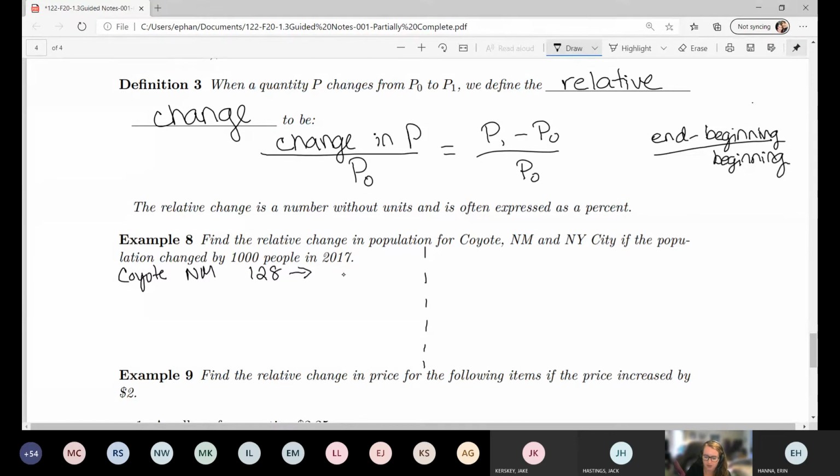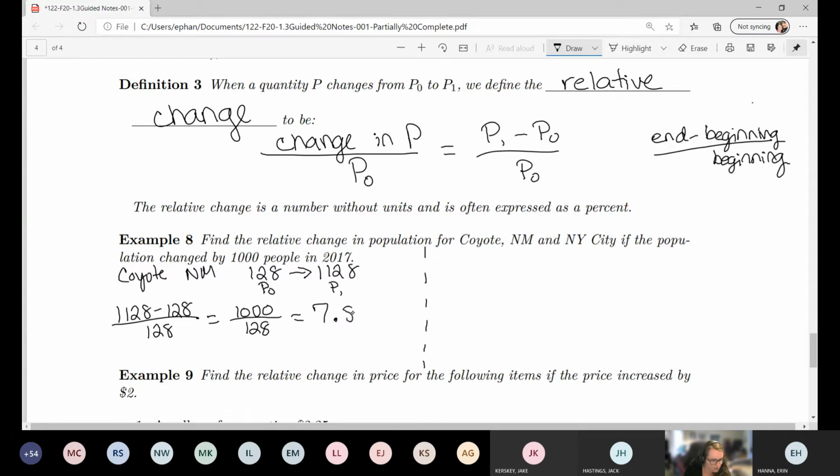And then 1,000 people moved in, so now they're at 1,128 people. So if I wanted to calculate the relative change there, well, this is my starting value and this is my ending value. So I've got 1,128 minus 128 all over 128. So of course that reduces to 1,000 over 128,